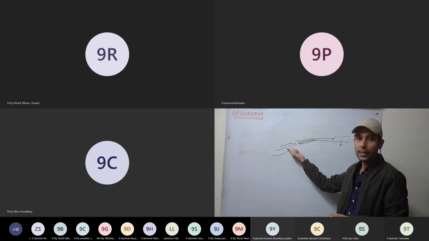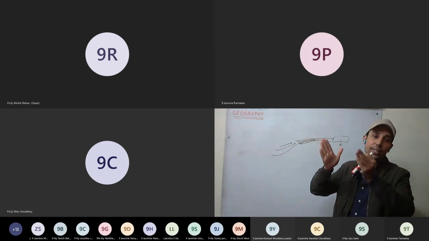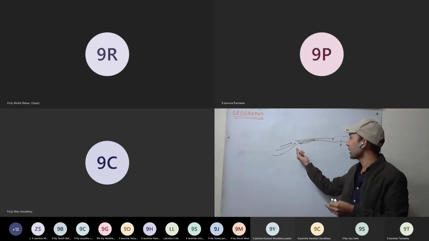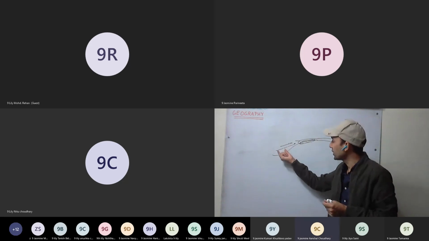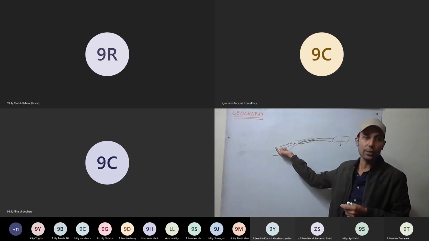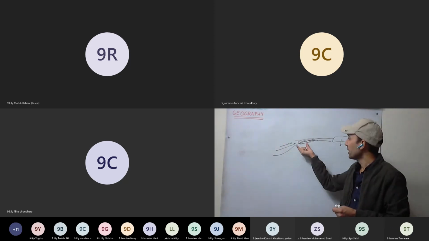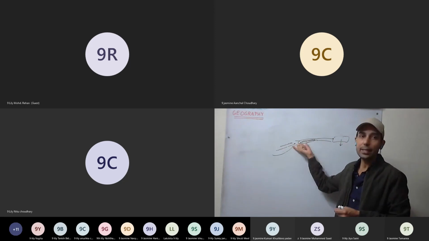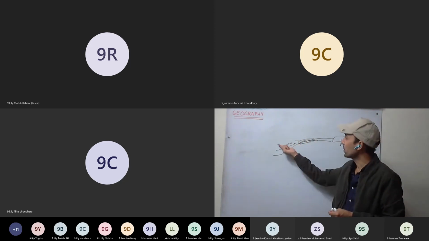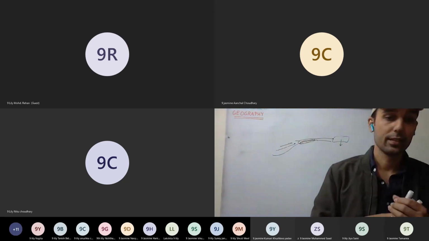They are closer to the sea. Equable climate means there is very less variation in the temperature. That is diurnal, that is during day and night, and as well the annual range of temperature is very less. So they are near the sea, and sea water gets heated very slowly as well. It gets cooled very slowly. Therefore, there is very less variation in temperature. That's why the areas which are lying near the water bodies, near the sea, have equable climate because of the moderating impact of the water bodies.